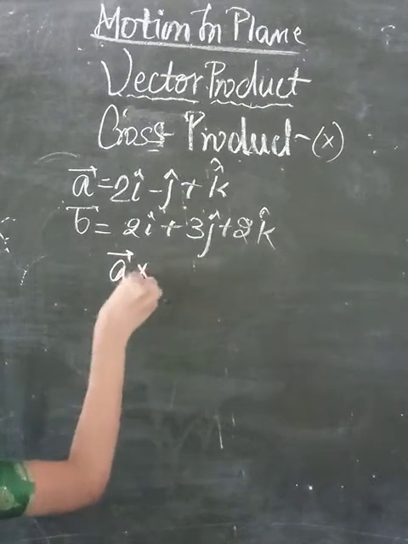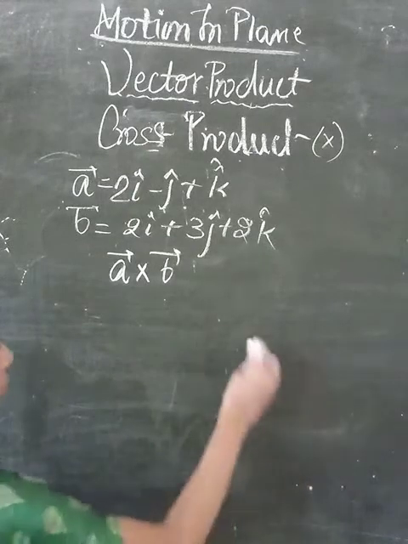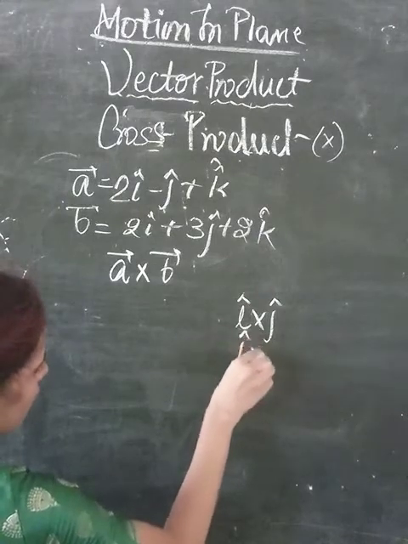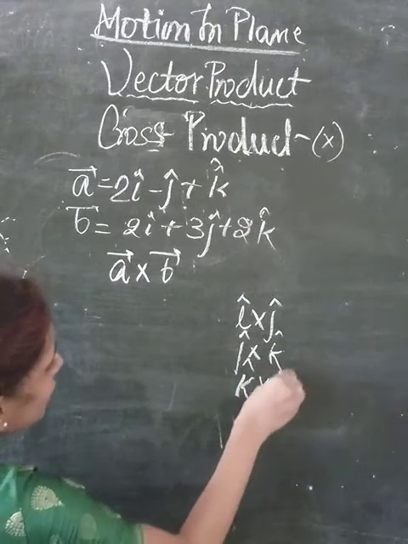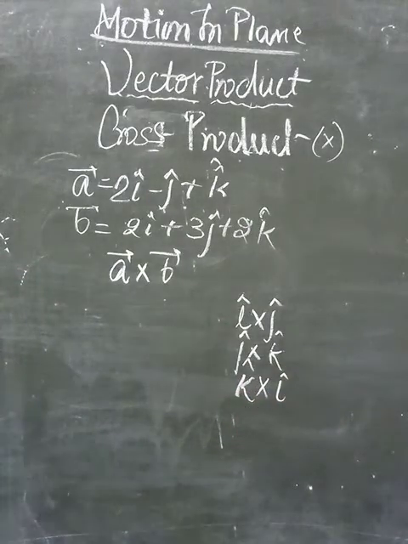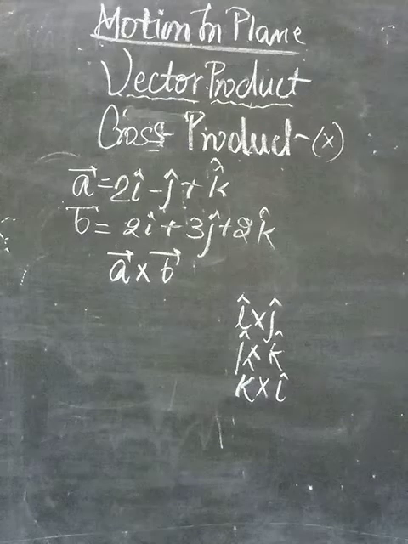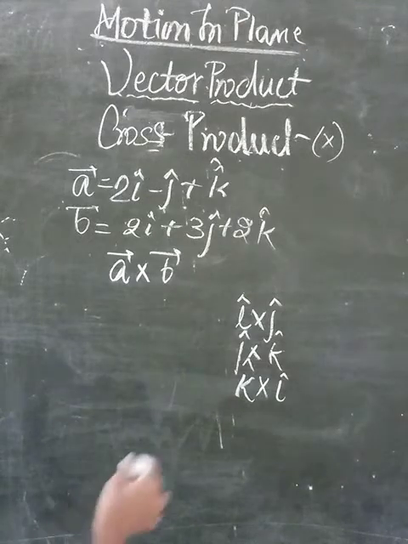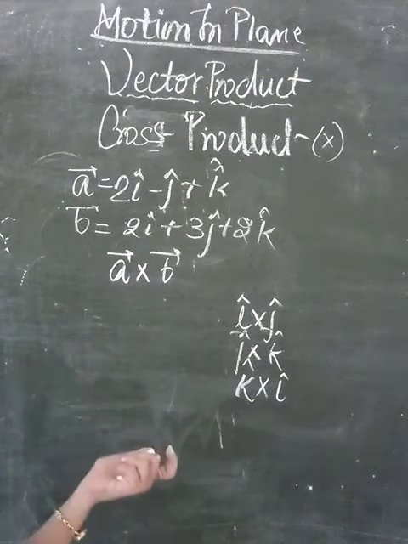So how we will be showing this? That is a cross b vector. How will we be solving this? For this you just have to remember some quantities, that is i cross j, j cross k and k cross i. Here the directions are different, but it is a vector quantity and will give the product also as a vector. So we can say that it will depend on the direction also. Like in the last session what we said for the dot product, that i dot i, when the direction is the same, changes into a scalar quantity. But here the directions are different, and the direction depends on us because it is a vector quantity and the product will also be a vector quantity.